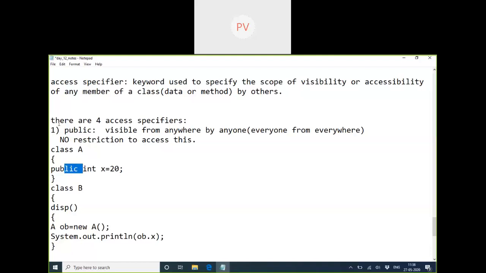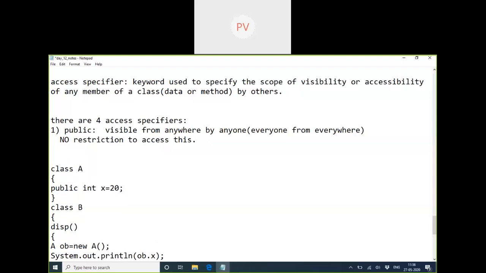Right? This is public. And here the main thing is the classes can be within the same folder or other folders. So this is like outside, and these classes are within the folder.